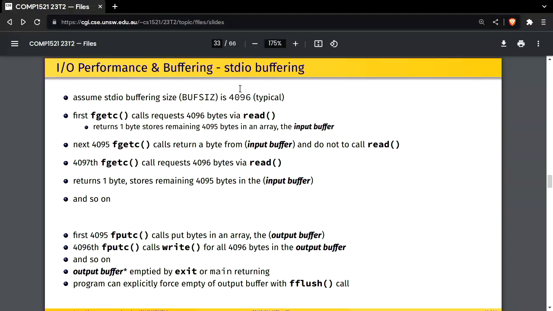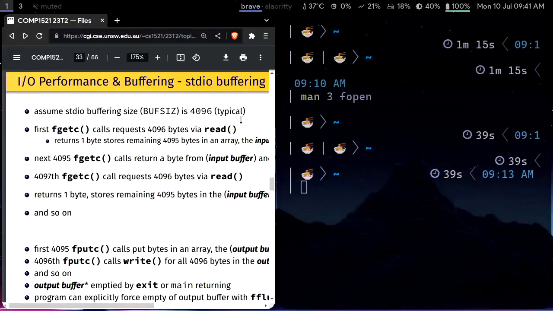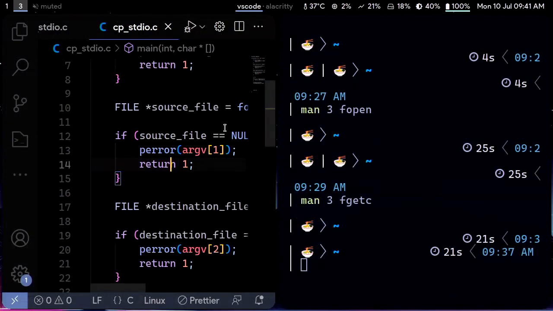Let's say that I want to keep reading bytes from a file. Every time that I try to read some bytes from a file, I need to make a system call. And it turns out that making a system call takes a bit of time. It costs a bit of performance for your program to stop executing and transfer control to the operating system, wait for the operating system to do its thing, and then return back to your program. So instead of making a system call every time that we use, for example, fgetc in this example,